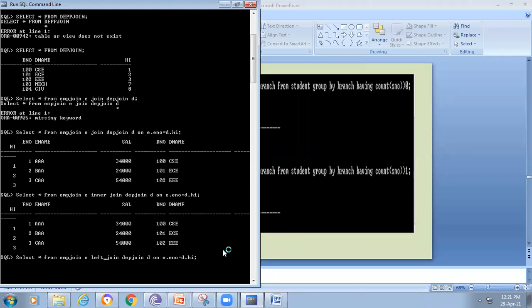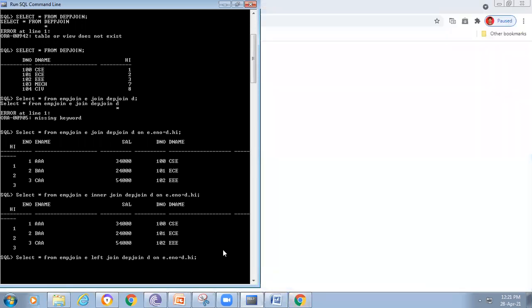Only the left side tuples are considered. How many tuples are in the left table? 5 tuples. But in the case of the right side, only those which match the left are considered. How many tuples match the left side? Only 3, because 1 2 3 is there. The remaining tuples are 7 and 8. But in the case of table 1, it is 1 2 3 4 5. So initially it displays the common ones, and next it displays the ones which are not common, but if it is a left join, only the left side relation is considered. So let's try to see it now.